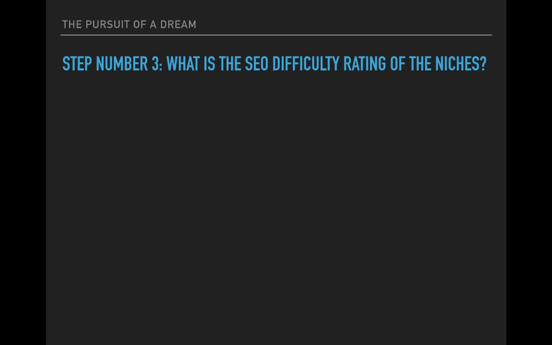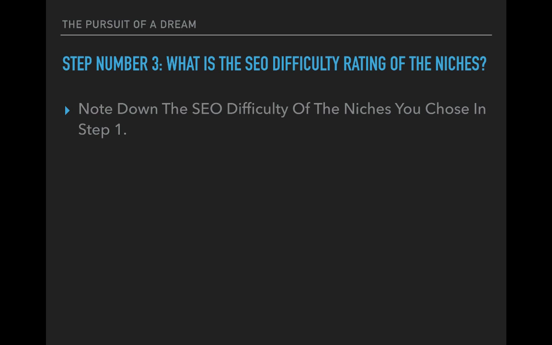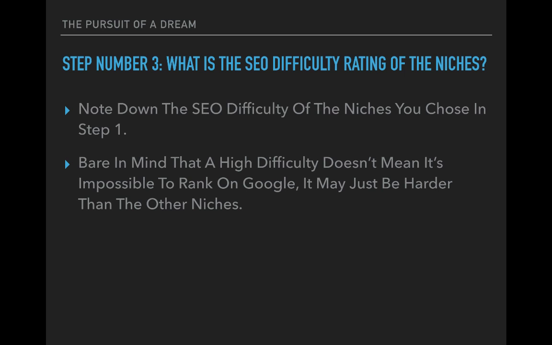Okay, so step number 3 is to have a look at what the SEO difficulty rating of each of the niches are that you chose in step 1. So essentially what you want to do is note down the SEO difficulty of the niches that you chose in step 1, and I'm going to walk you through this on a live demo in just a second. Bear in mind that a high difficulty doesn't mean it's impossible to rank on Google,